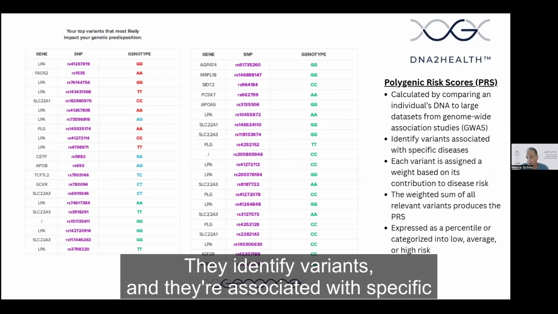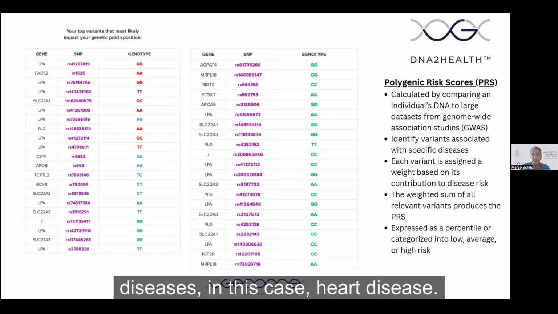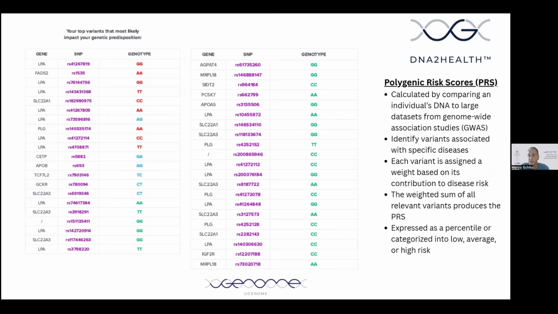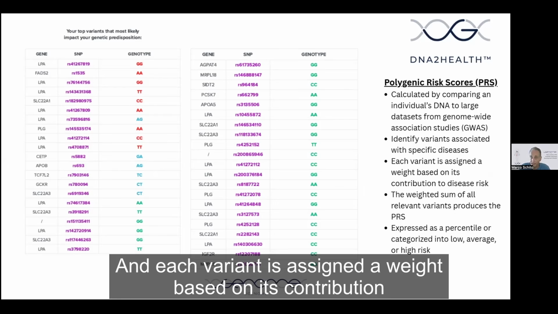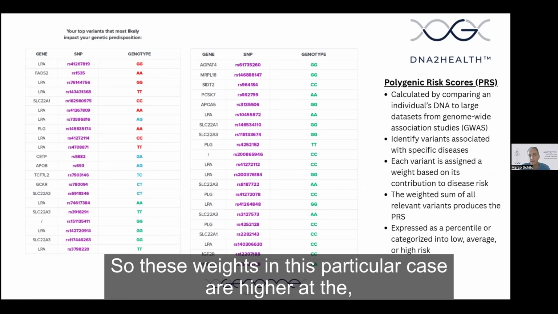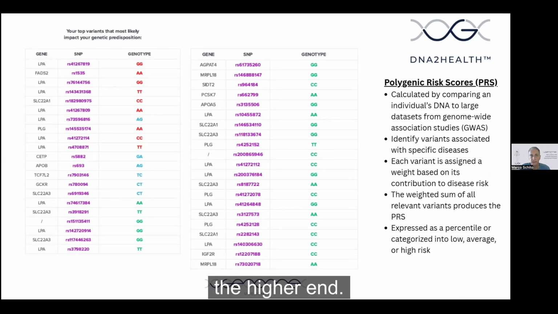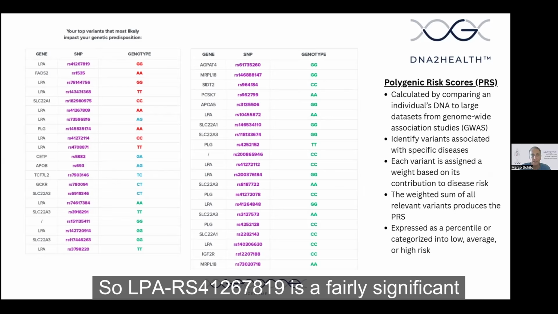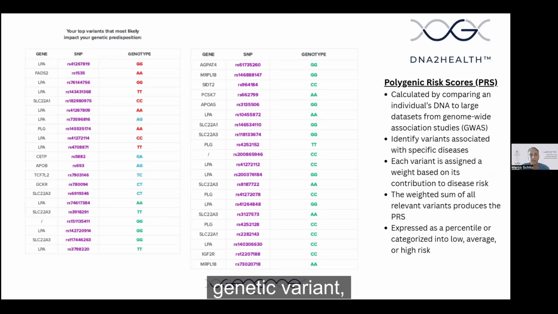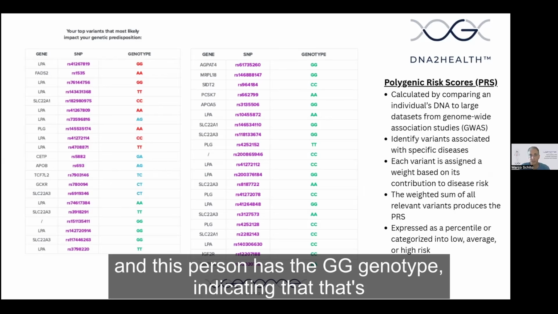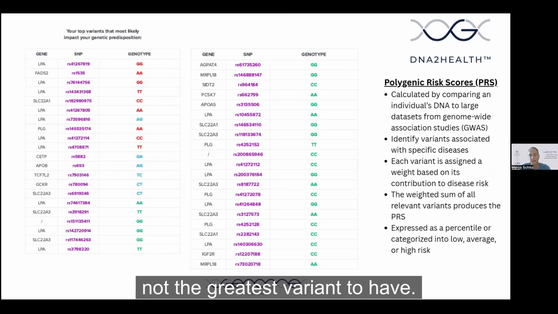They identify variants, and they're associated with specific diseases, in this case, heart disease. And each variant is assigned a weight based on its contribution to heart disease. So these weights in this particular case are higher at the higher end. So LPA RS412-67819 is a fairly significant genetic variant, and this person has the GG genotype, indicating that that's not the greatest